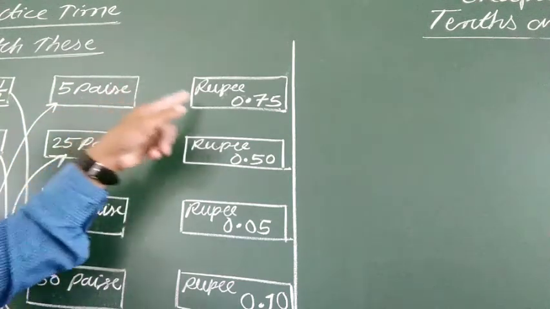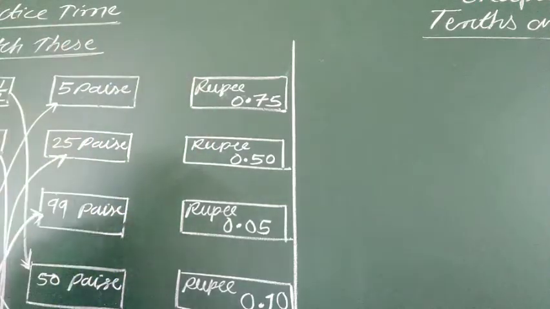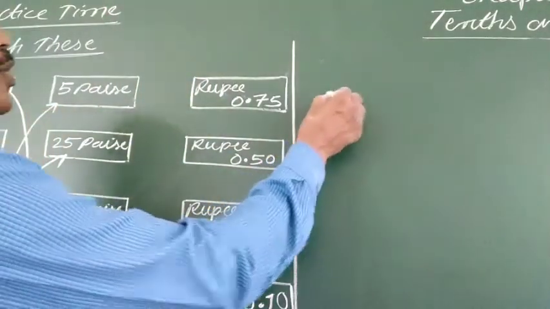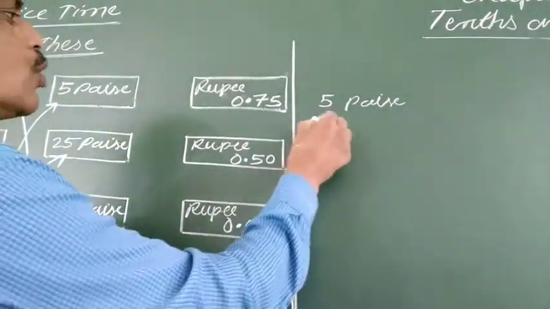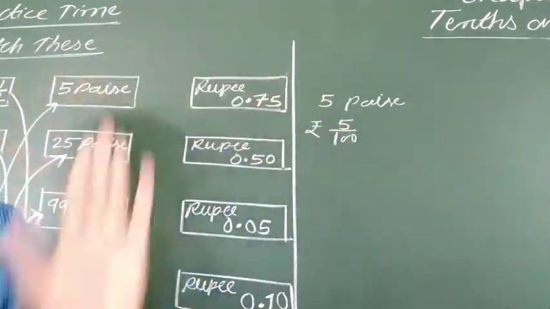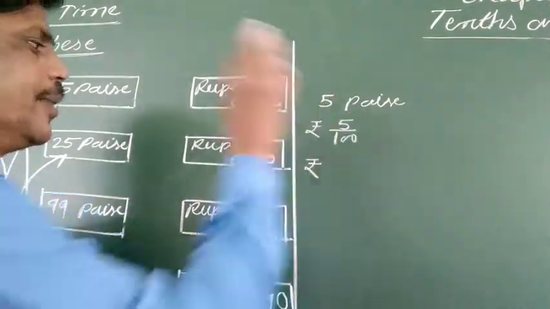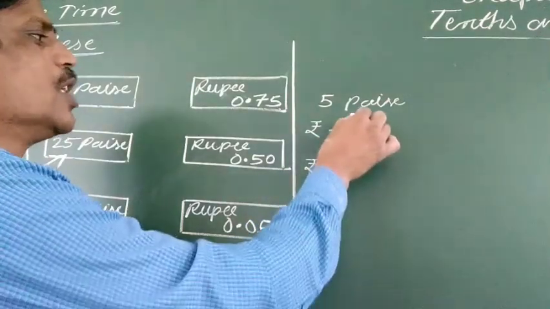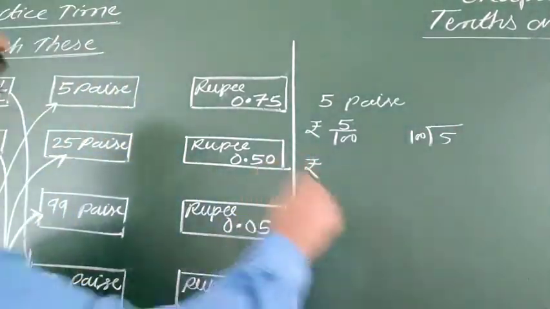Now we have to match with this one, rupees, but it is in the form of a decimal fraction, means it is written with the decimal point. See, it is 5 paise. Dear student, it's very simple. See, it is 5 paise. Now how do we write it in rupees, beta? You can write here rupees 5 by 100. Means 5 paise out of 100 paise, then it is equal to 5 by 100. Now this is in the form of a fraction, numerator and denominator. Now we have to write this with the decimal point. So see, 5 by 100 means what, beta? 5 divided by 100.